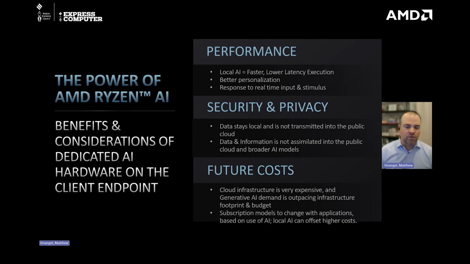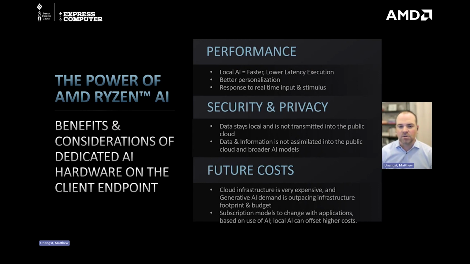With our Ryzen AI solutions, we've integrated an AI accelerator into our Ryzen 7040 processors. And when we're running the right AI models, there's actually a number of critical benefits by running on the client device as opposed to in the cloud. The first is around AI performance. It's not that the capability of the local or endpoint hardware is actually better than what's in the cloud, but